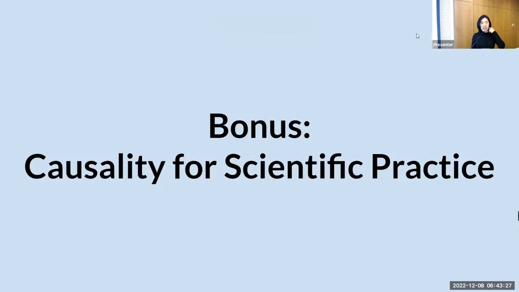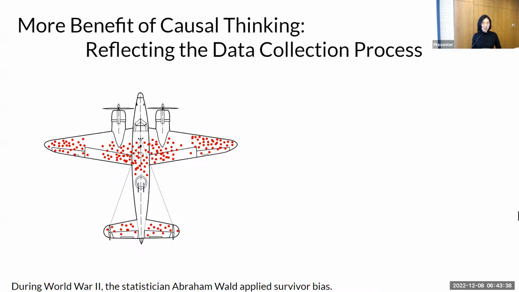With all these ways to get qualitative understanding about the causal graph or actual discovery of the causal graph, how can we use causal knowledge for better scientific practice or better understanding of NLP? So we will first motivate with a general data collection process. There's a famous example of causality during World War II, where a statistician gave advice about how to make the future aircraft. So the graph that we're showing here shows the aircraft that returned from wars,